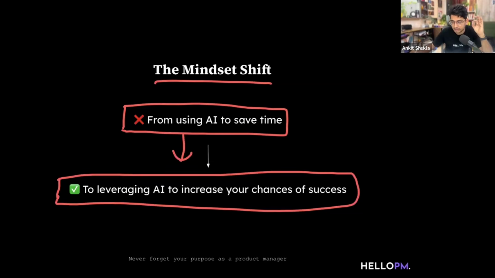It is super important, from using AI to save time to leveraging AI to increase your chances of success. Which means, rather than saving time, understand how AI can increase the quality and the value of output. And never forget, your purpose as a product manager is not to create PRD, is not to do user research, is not to go ahead and do market research, do documentation, stakeholder alignment. That is not your purpose. That is the way to meet the purpose. The purpose is,